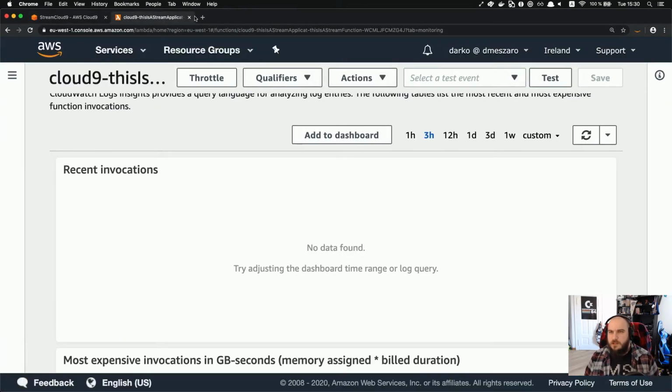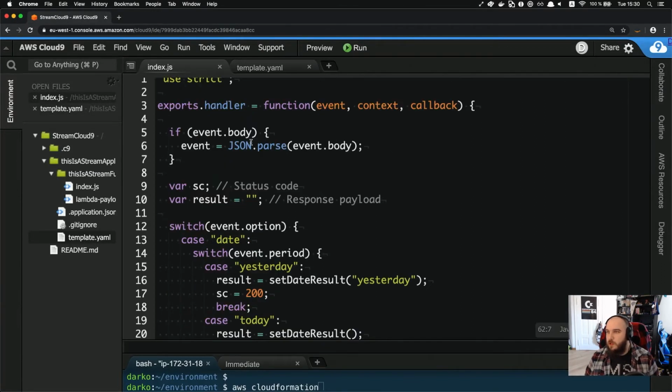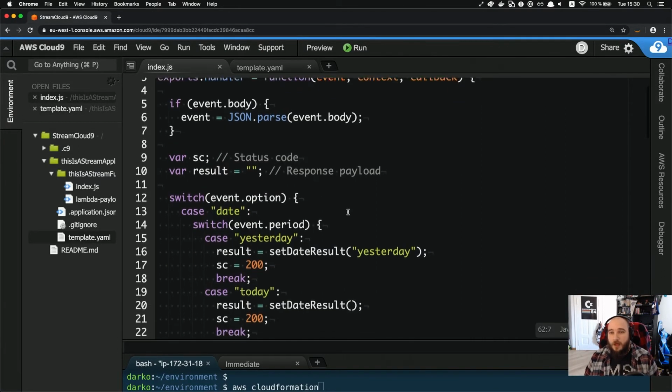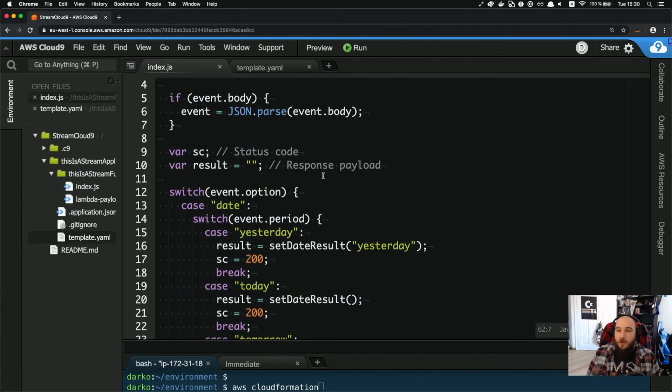So let's have a look at some other things, right? So we have this working, right? It was relatively painless. I think it's super simple for people to try it out. But let's have a look at some other things. Oh, I know. So welcome to the Corona-19 or a COVID-19 situation, and we all work from home, right? So there's a feature in Cloud9 that can actually help you a lot in these situations. It can help you be more productive with your colleagues and friends and work from home. I heard that there's this collaboration aspect of